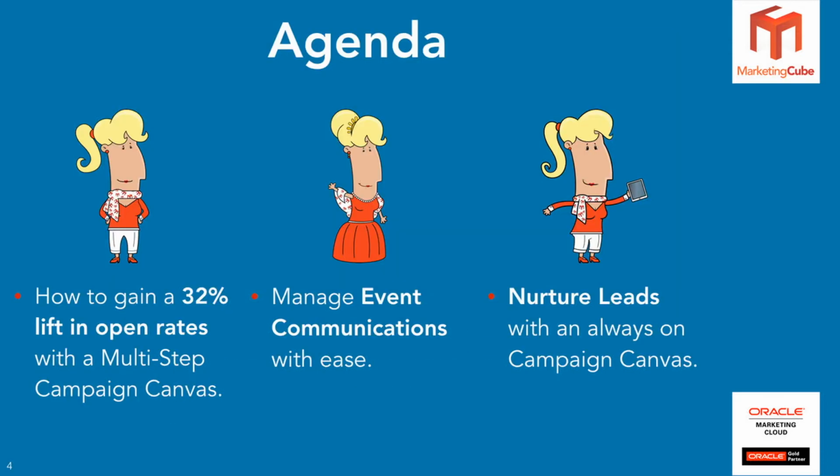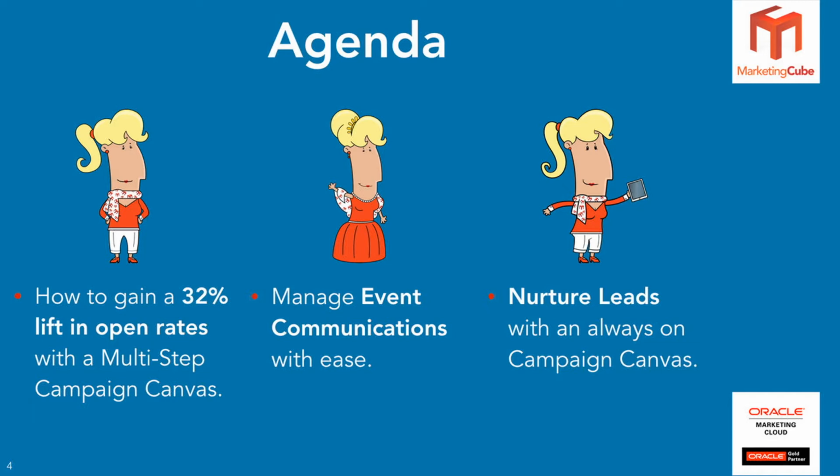So we promised you in the announcement that we would provide you with a way to look at how you can achieve a 32% lift in open rate when using a multi-step campaign canvas. And so that's exactly what we're going to do today. We're going to also look at managing campaign or event communications through the campaign canvas. And then the last one, we'll actually go into Eloqua and have a look at nurturing campaigns